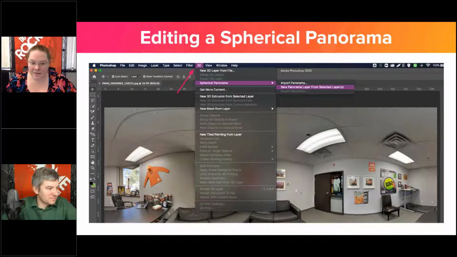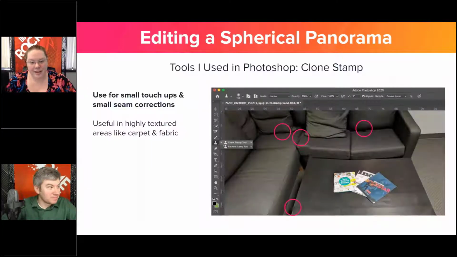But yeah, so all you have to do is go to spherical panorama and then new panorama from layer, and then it will turn that stretched out photo into a sphere for you. So it's almost like you're in VR when you're in Photoshop editing it. That's cool. Yeah. Okay, so some of the things that I used while editing this photo, the main thing I